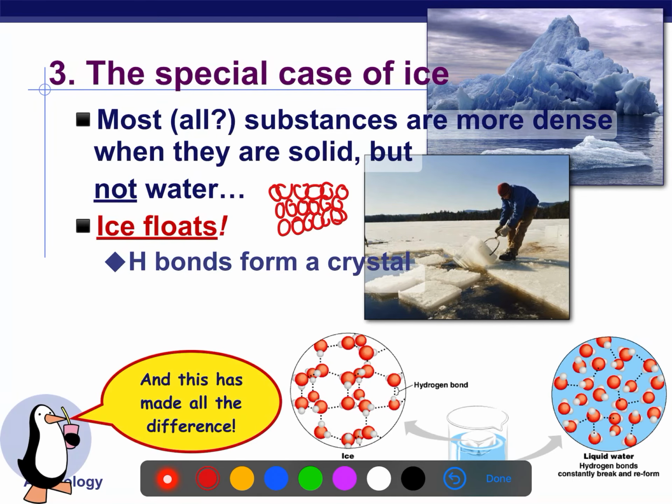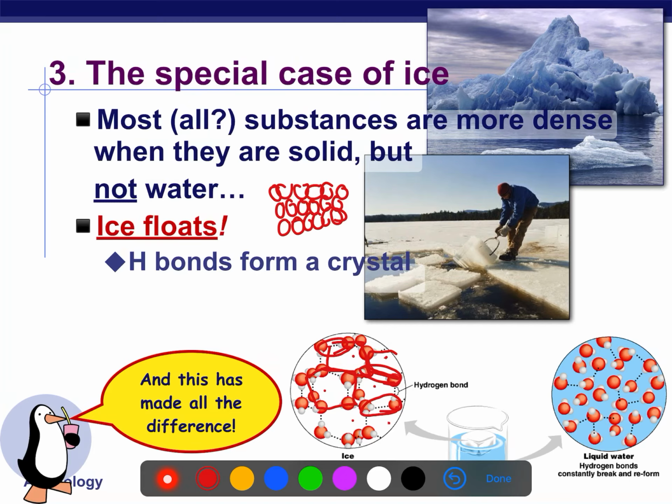Well, that doesn't happen with water. As water molecules start to slow down, their hydrogen bonds kind of become equidistant apart. And what that does is it forms this crystalline structure in solid water or in ice, which allows for these big gaps that you see and really spreads those molecules out so that it's really a less dense form. In comparison to liquid water, all of these